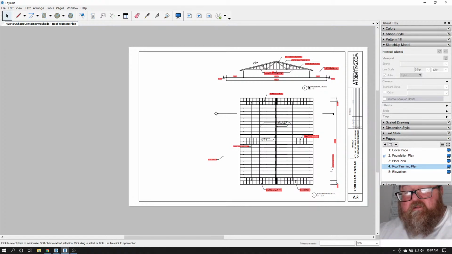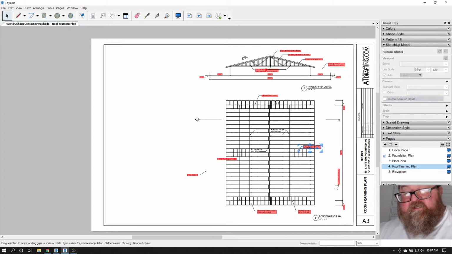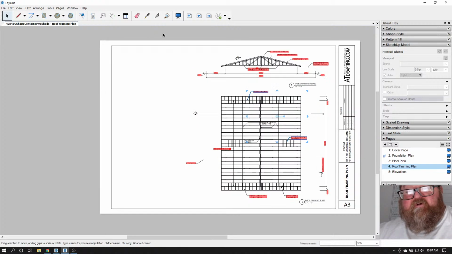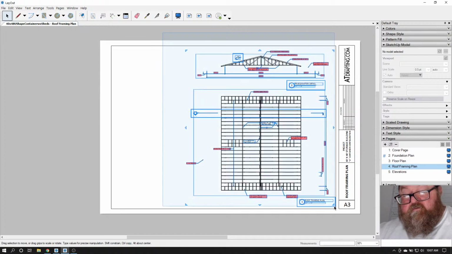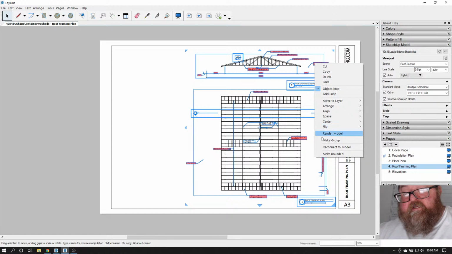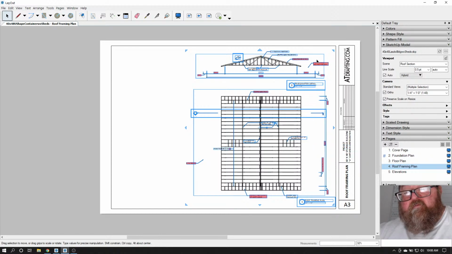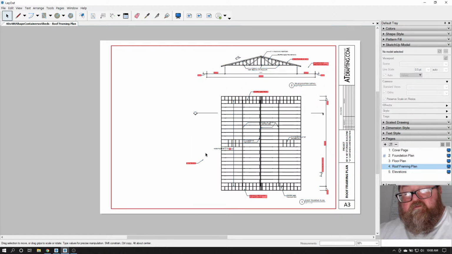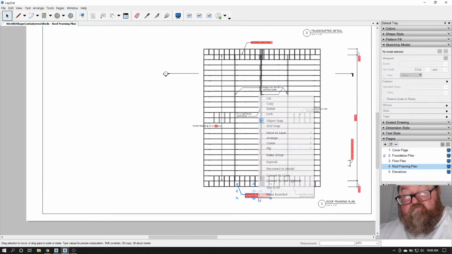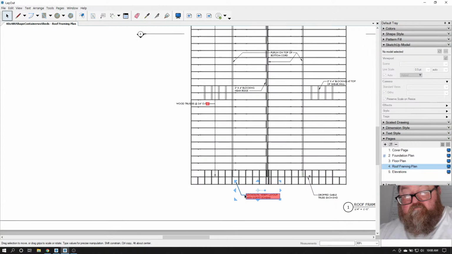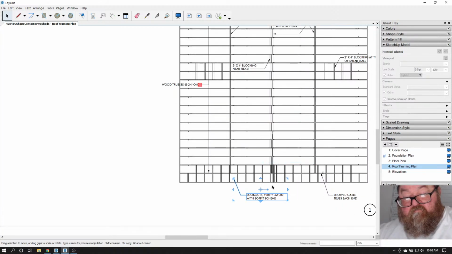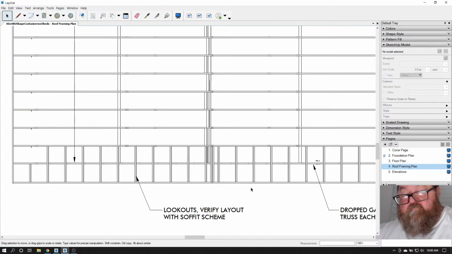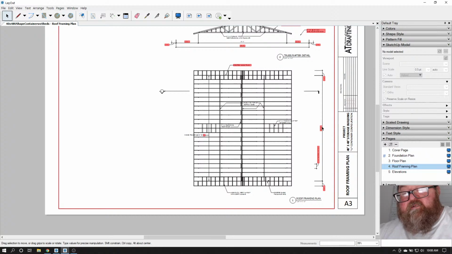And hopefully all this will reconnect because I should just be able to grab all this and reconnect. That's good. And this,